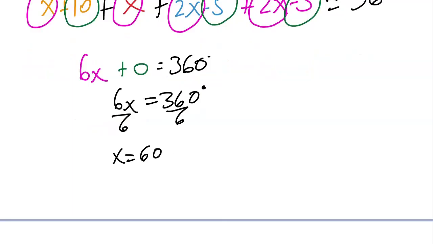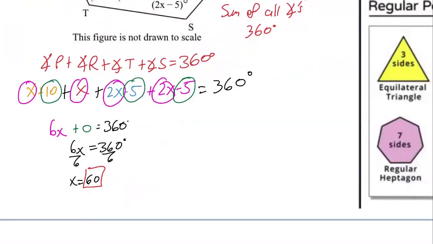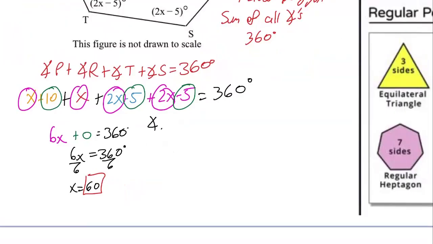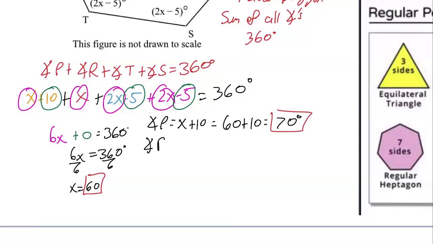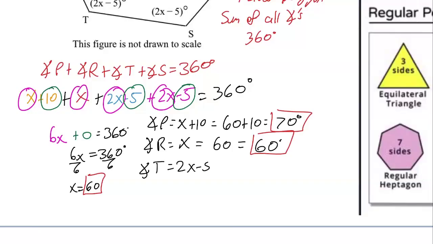All right, so we got x is equal to 60. Now it's asking us to find all the angle measurements. So that's the part where we do a little bit of work. So angle P is x plus 10, and we know that x is 60, so 60 plus 10, 70 degrees for angle P. Angle R is just x, and we know x is 60, so this is 60 degrees. Angle T is 2x minus 5. So 2 times 60 minus 5,